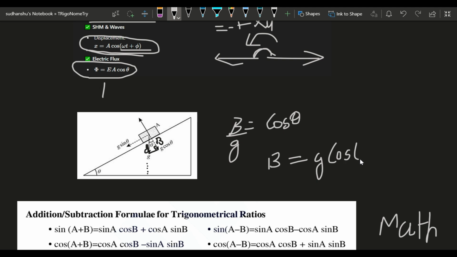And you will use this a countless number of times. I don't even know how many times you're going to draw this diagram in your life if you're a JEE aspirant or a NEET aspirant. And yeah, you also have to calculate the acceleration going sideways. If this angle is theta, this is 90 minus theta. And if you calculate, do it as your homework, this will be g sine theta. You can calculate it, it will come out to be g sine theta.